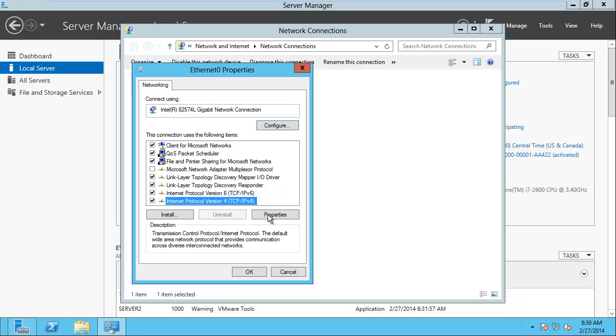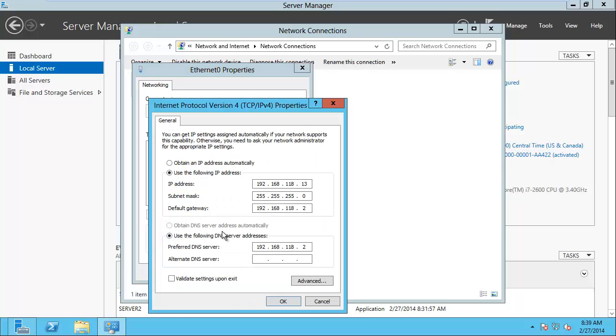for IP version 4 properties to point to that server, not to the default gateway. We don't want it to be forwarded out to the gateway and then out to the school's DNS or your home DNS or your internet service provider's DNS, because that's not going to know anything about Gropa. So we need to change our preferred DNS to the server that contains the DNS. And that's going to be